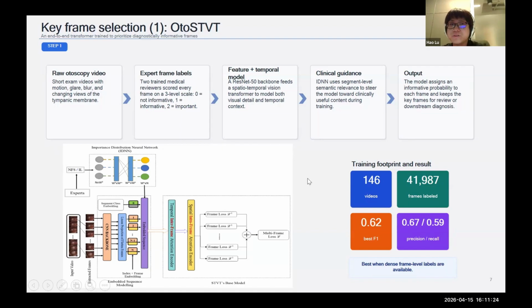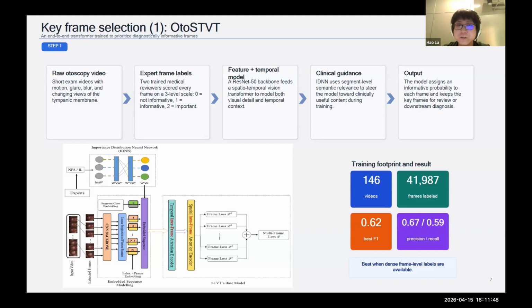So we need to develop an algorithm to find those frames. The first method is, of course, we want to train a deep learning model to automatically find those most informative